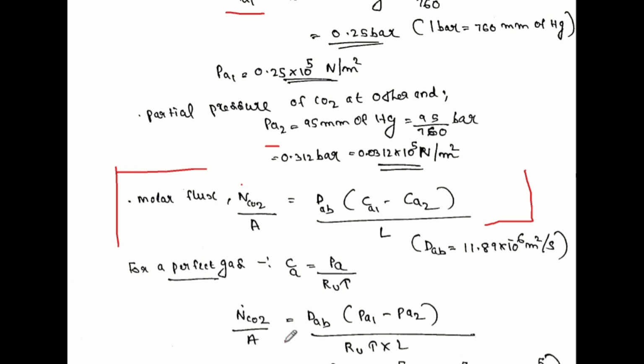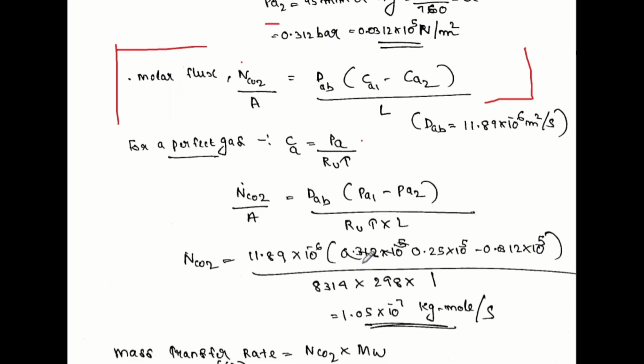NCO2 by A, that is the molar flux of the first gas, carbon dioxide, equals, with Ca replaced by Pa by RuT. Okay, so this will be the new equation. Now we have the partial pressure, we know the values, so with simple substitution you get